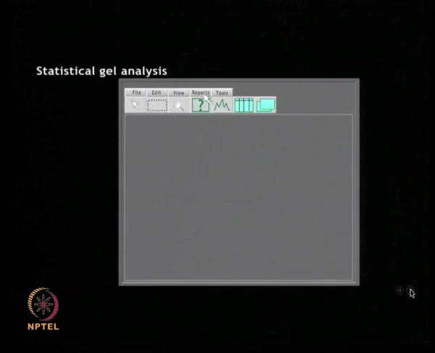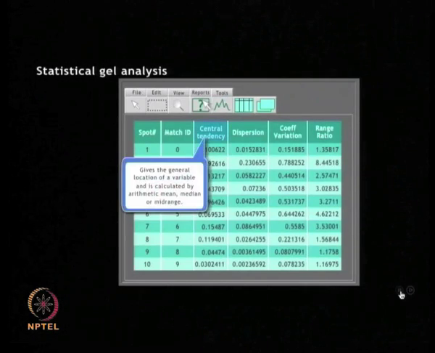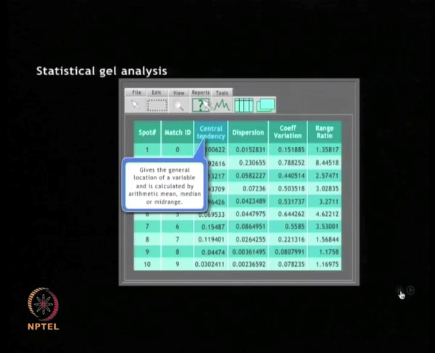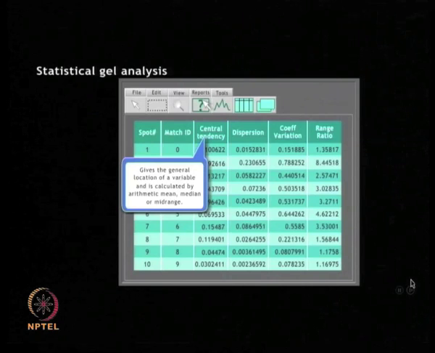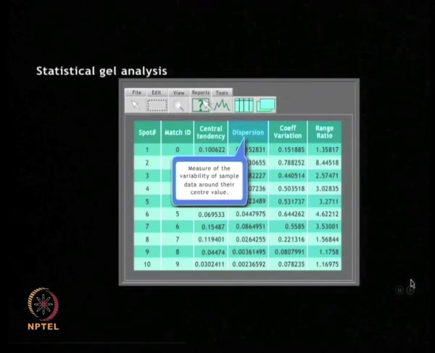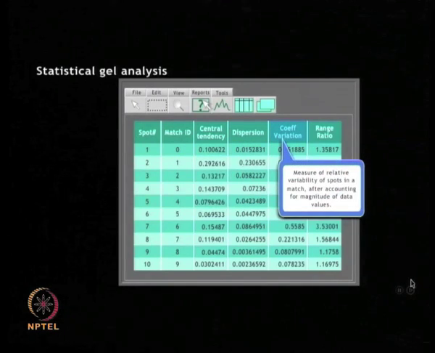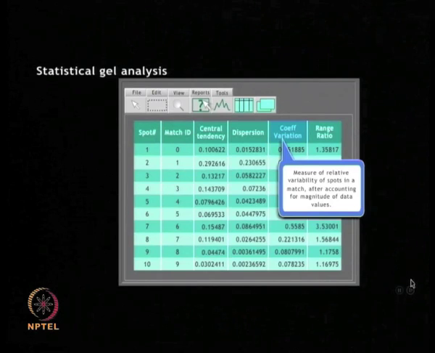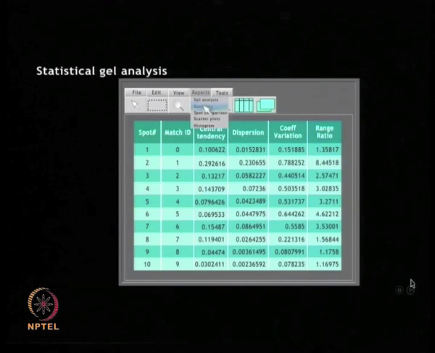In addition to the physical parameters, various statistical parameters can also be computed for each gel and each spot on the gel, such as central tendency, mean, median, dispersion, coefficient of variation, standard deviation or other statistical parameters. The scatter plots and histograms can also be plotted for clear data analysis.